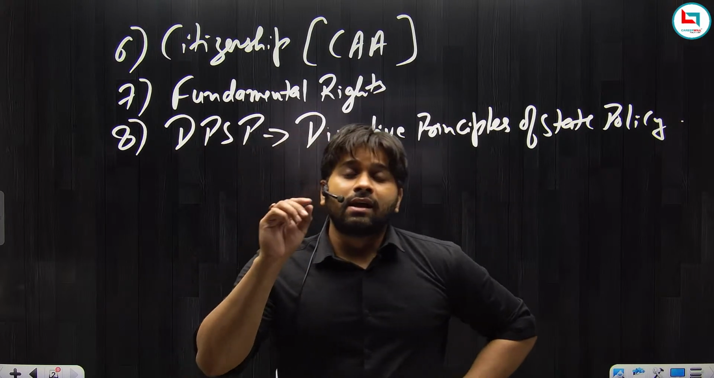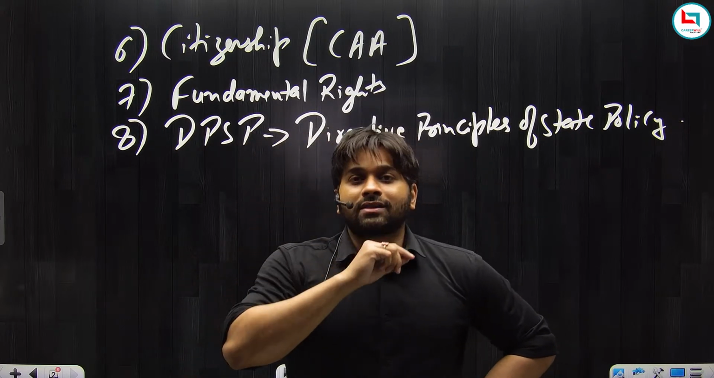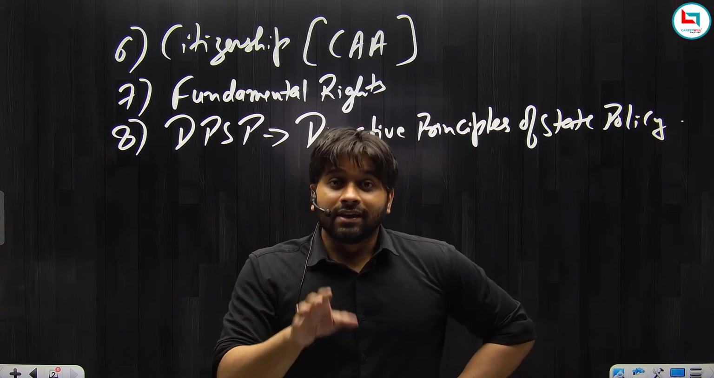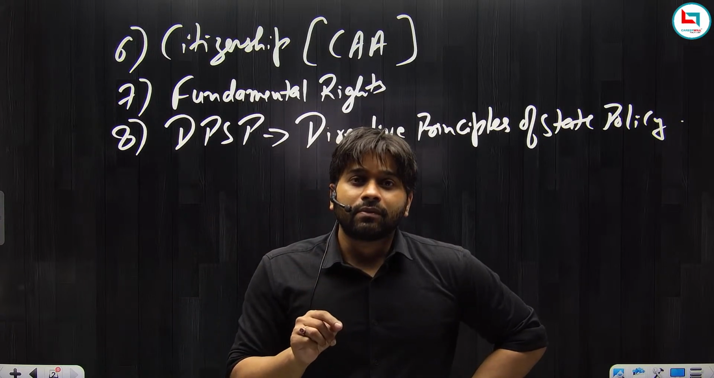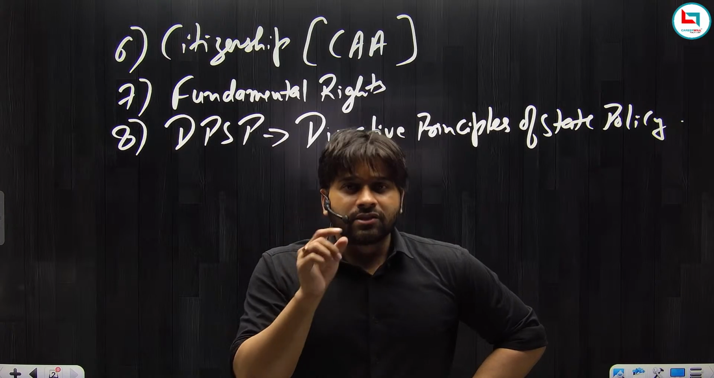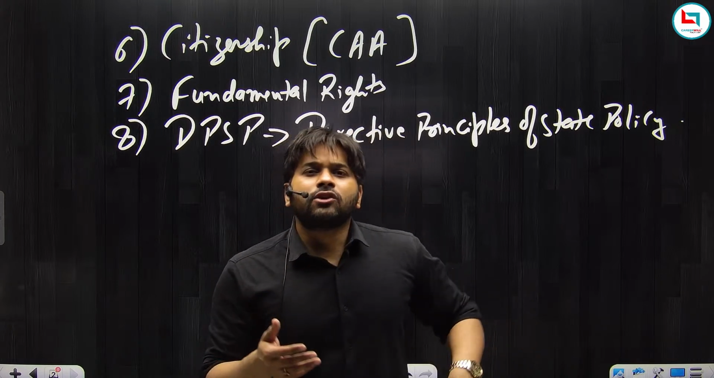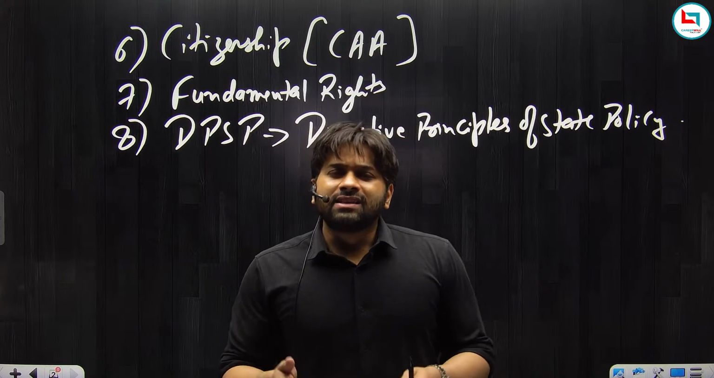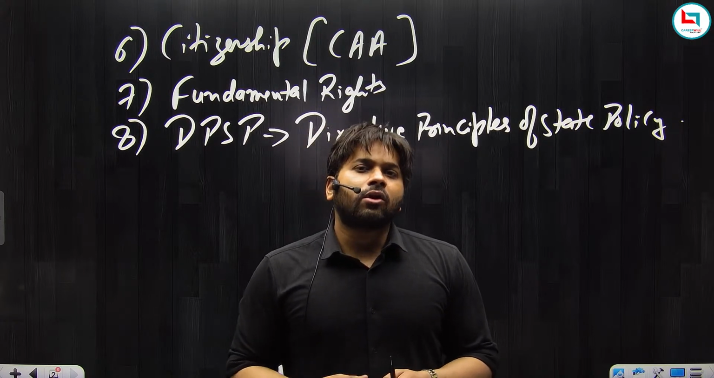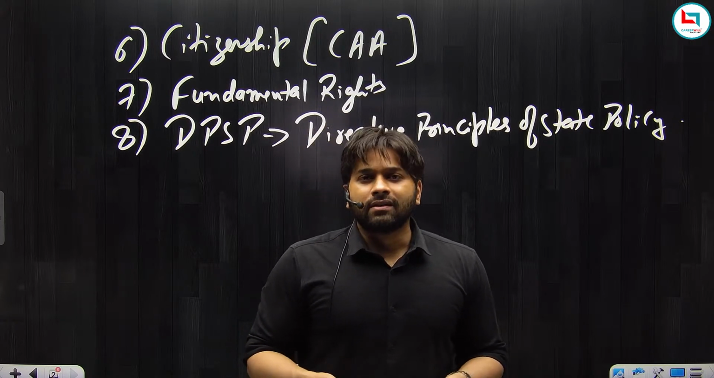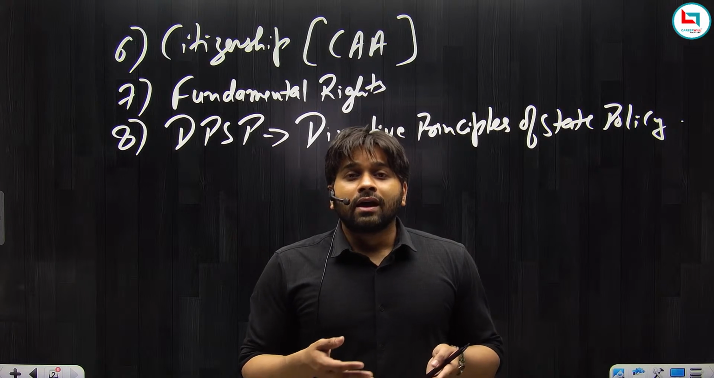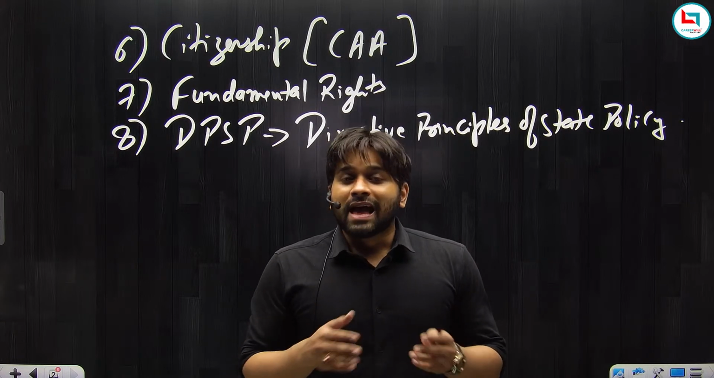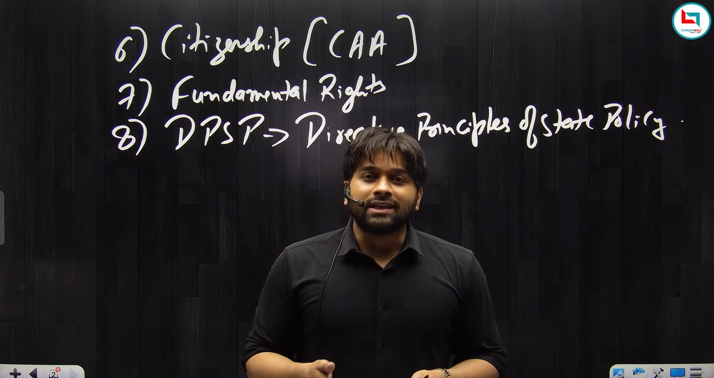You must have seen that alcohol is banned in Gujarat as well as in Bihar. However, it is available illegally, but it has been banned by the state government. So you must ask the question: why did the state of Gujarat impose a ban on alcohol? Why did the state of Bihar impose a ban on the sale of alcohol? Why? It is because in this chapter, DPSP, it is clearly mentioned that it is the duty of the state